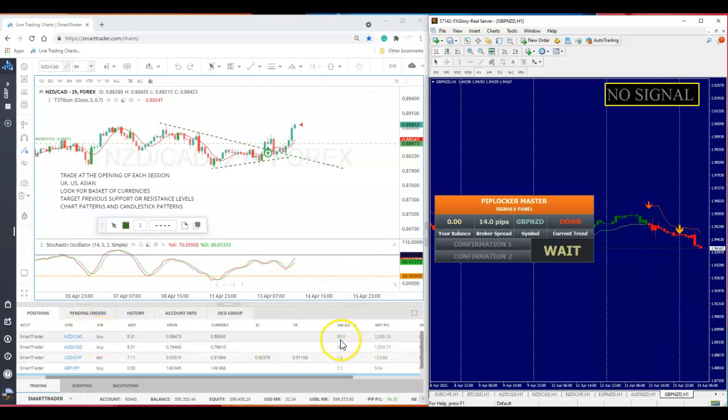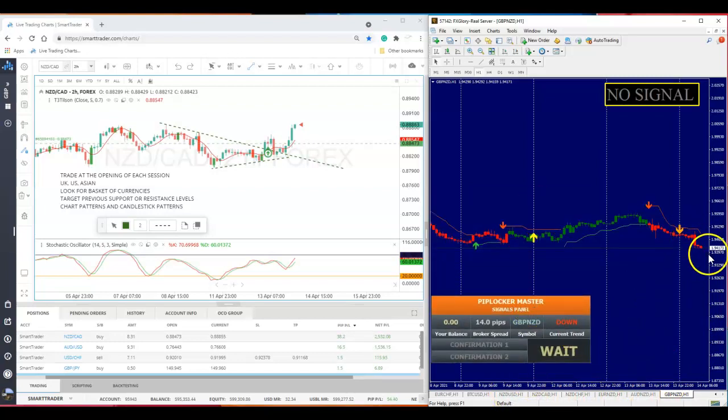It's the only pair I took because I had all these other open positions, but I could have taken all of these. The advantage of taking all the basket of currencies is that you're going to generate more pips trading all of them simultaneously, because there's only one way it can go. New Zealand dollar is strong, it's going to continue to rally. New Zealand dollar, New Zealand CAD, New Zealand Swiss. So that's one way I use the pip blocker and Forex trend rider,